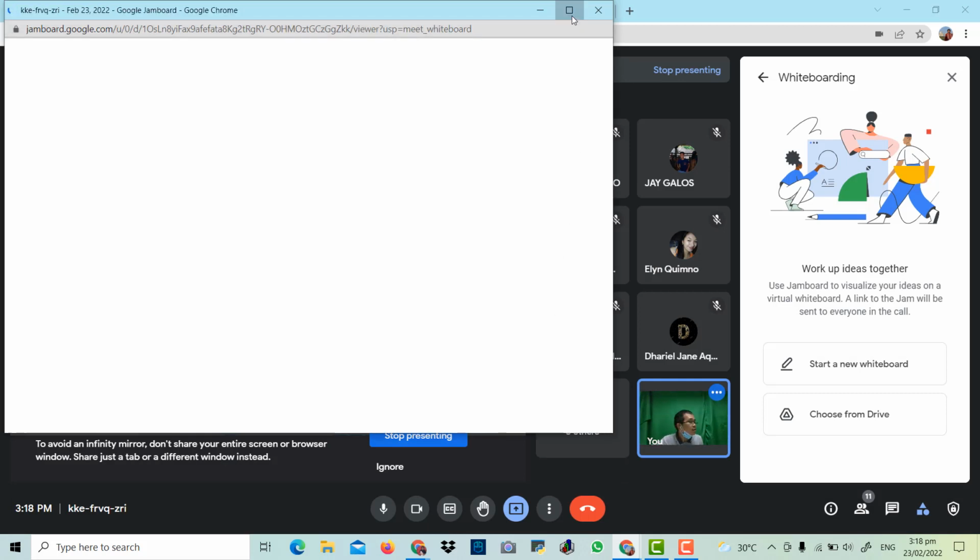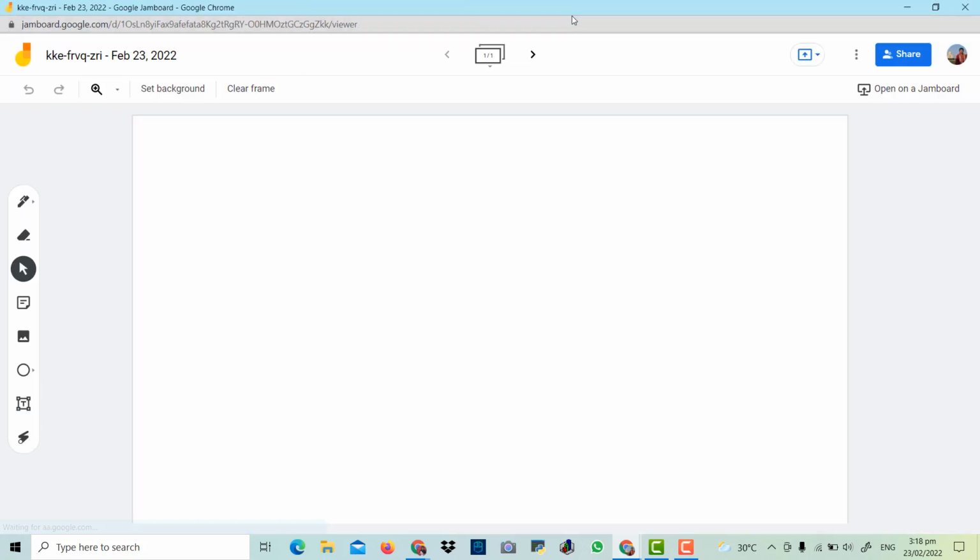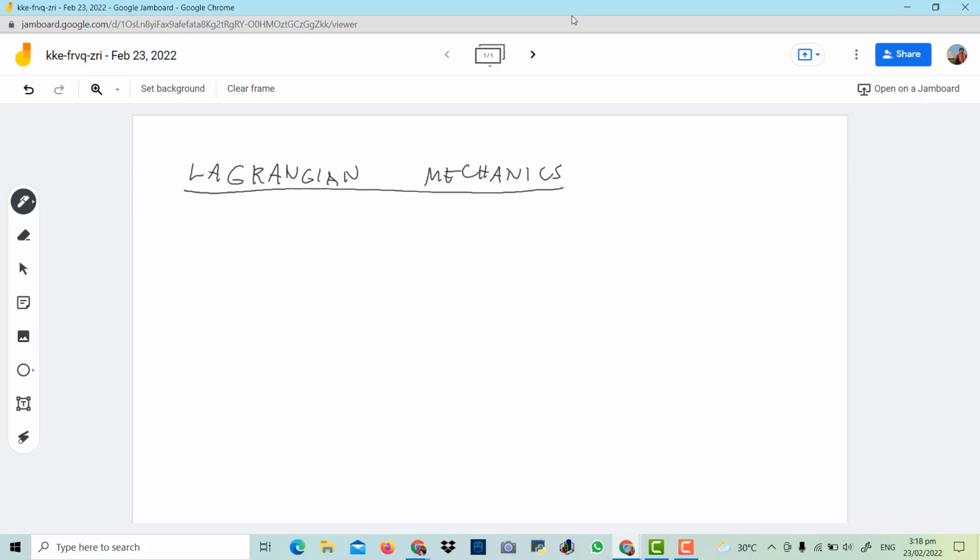Okay, so we have Lagrangian mechanics. So si Lagrangian, tao ni siya, si Lagrange, no? Tao ni si Lagrange. Okay, so we have the Lagrangian mechanics. It uses the postulate, we call this one as